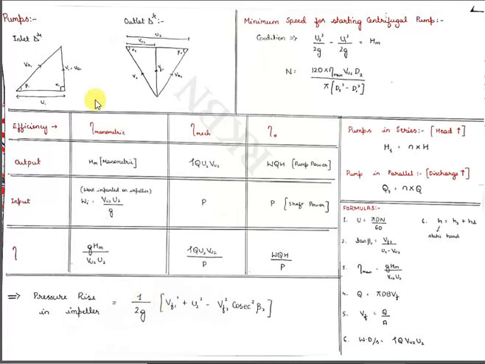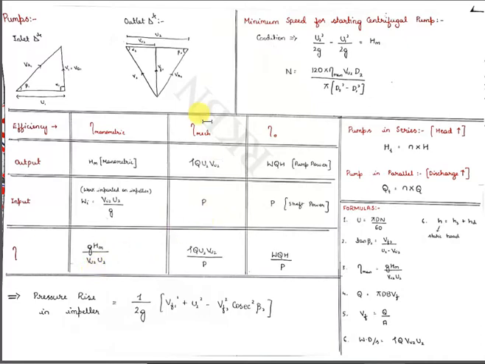Next, we have three different types of efficiencies. The first is the manometric efficiency, then mechanical efficiency, and overall efficiency. Efficiency is nothing but output by input, right? The output for manometric efficiency is the manometric head, that is Hm. The input is the work done, that is U2 Vu2 by g. Here we don't have U1 Vu1, because V1 itself is a vertical straight line, that is Vu1 is 0. If I divide output by input, manometric efficiency is g into Hm divided by U2 Vu2.